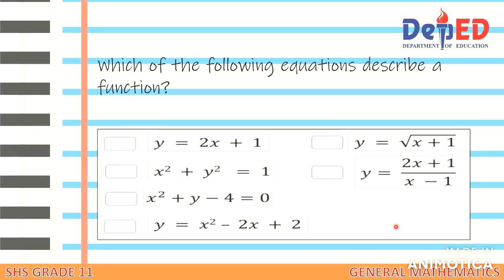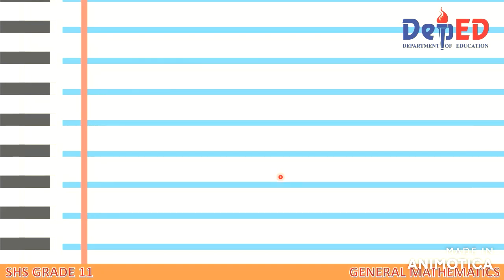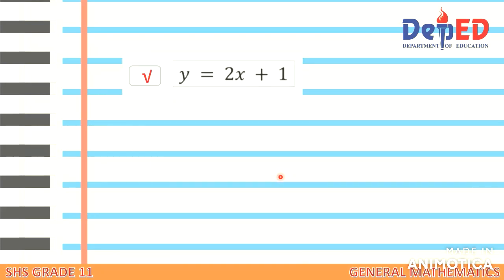Now, let's use some equations. Which among these 6 equations is or are functions? So the functions here are the first one, third one, fourth, fifth, and sixth. So why is it that the second example is not a function? Let's explain why. So let's have the first one, which is